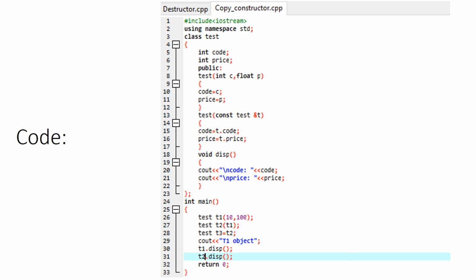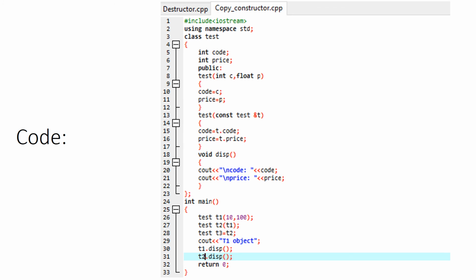In the int main we will be having the definition of the main component of the program, and that is we will take an object or create an object with the help of the class test, which is t1, using the parameterized constructor first. After that we will use copy constructor. So regarding the copy constructor, we have two sets of assignments. So t2(t1), and we will have another object named t3, which will be having the values of T2 stored in T3, and it will be T3 equals to T2. So test t3 = t2.